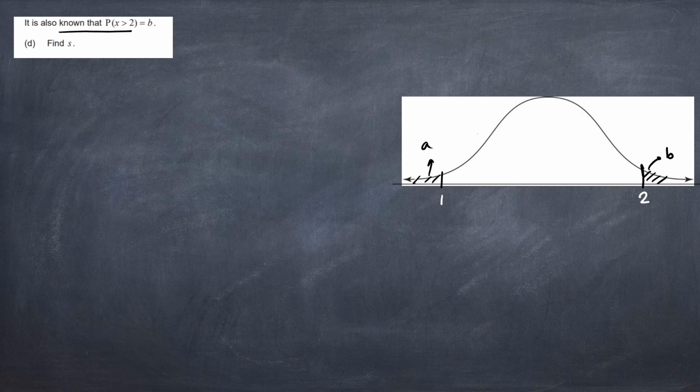So after comparing this diagram with the previous diagram, what can you conclude? You can conclude two equations from here. From this particular equation, z equals x minus mu divided by sigma, you can use this equation, and we know that the mean is m and the standard deviation SD is equal to s. So just put the values here and the z values here.